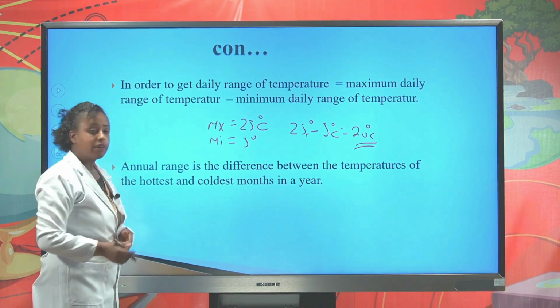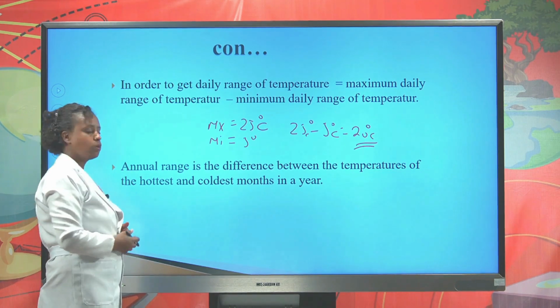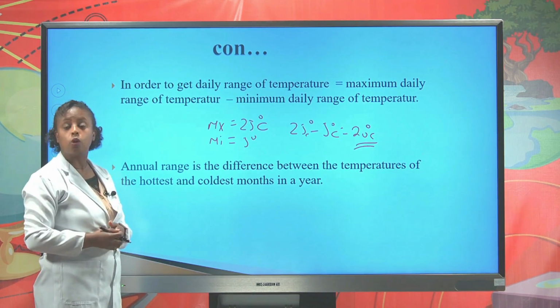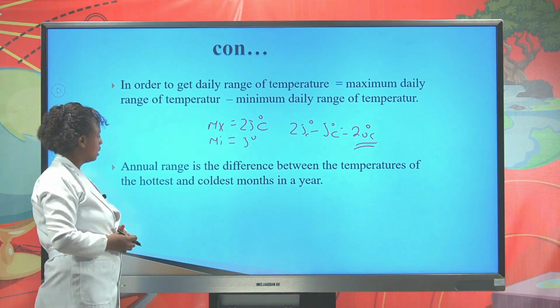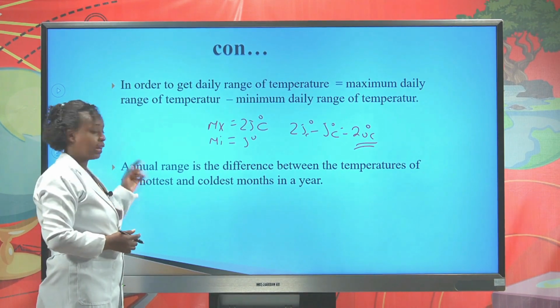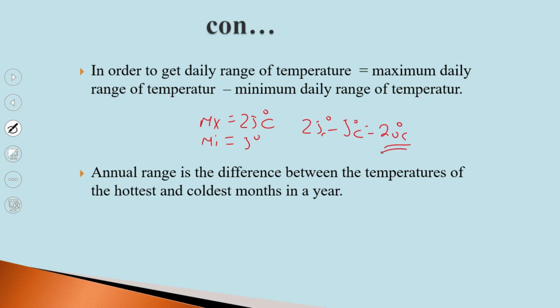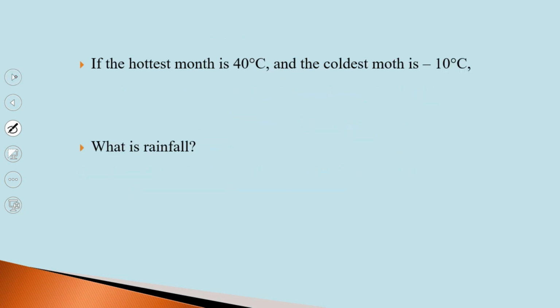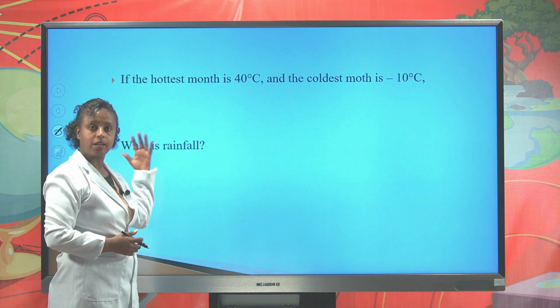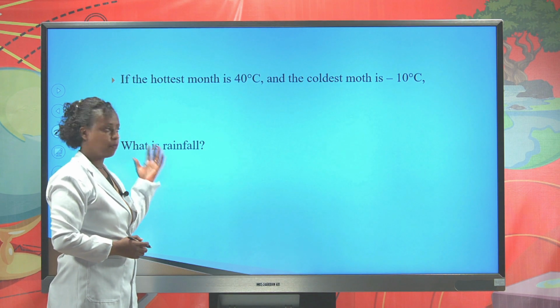Annual range is the difference between the temperature of the hottest and the coldest months of the year. Annual means year, range means difference. So in order to get the annual range of temperature of a year, we have to subtract the coldest month from the hottest month. For instance, if the hottest month is 40 degrees Celsius and the coldest month is negative 10 degrees Celsius, then to get the annual range of temperature